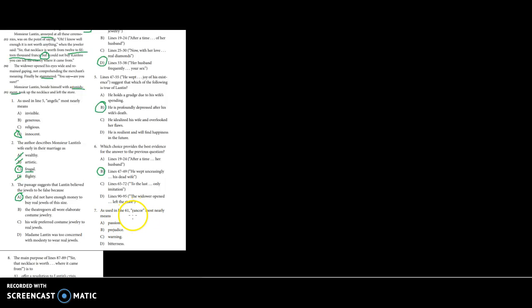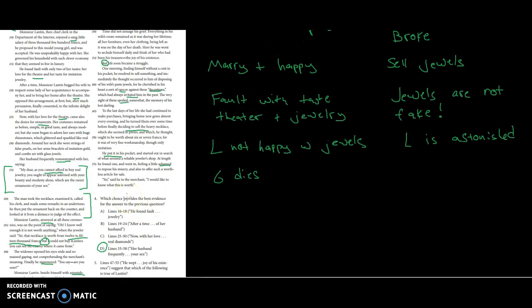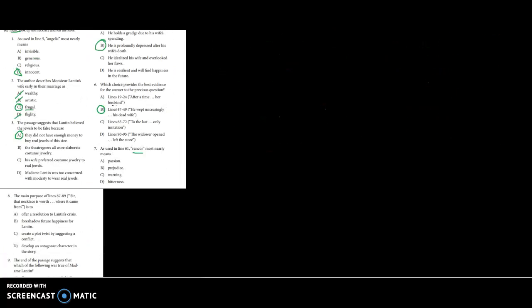All right. As used in line 61, rancor most nearly means what? Well, we know in the context, that was this part about the jewels, right? "For he cherished in his heart a sort of rancor against these deceptions, which had always irritated him in the past." So we know that's got to be a negative word. And it seems like he wants to get rid of these fake jewels because he hates them, and it reminds him of stuff that he wasn't so thrilled about with his wife. So it seems like kind of like a grudge, right? Sort of just anger against these things. Let's find a word that's kind of negative here. Let's see. We got passion, but that's not necessarily negative. That's out. Prejudice, maybe. Warning,